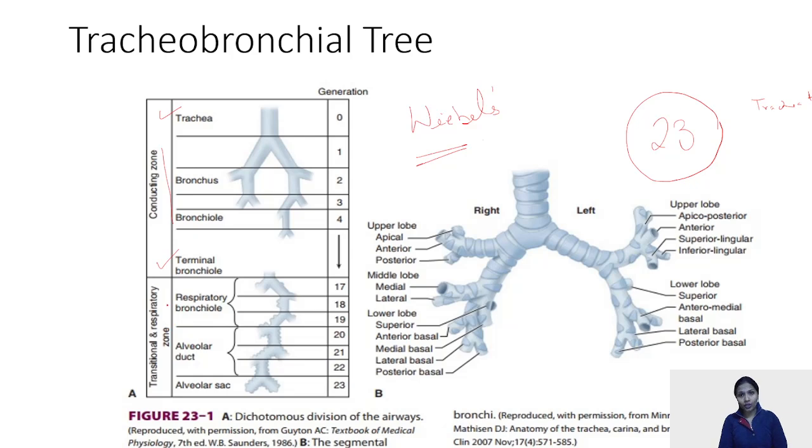The whole of the tracheobronchial tree can be divided into, from the trachea, your left and right bronchus. Please remember that in adults, the right and the left bronchus are not at the same angle. The right bronchus is wider, shorter, and in a straight line, forming around a 25-degree angle, whereas the left bronchus forms an angle of 45 degrees in adults. In pediatric cases, it's almost the same, 55 degrees and 55 degrees. That is the main reason why